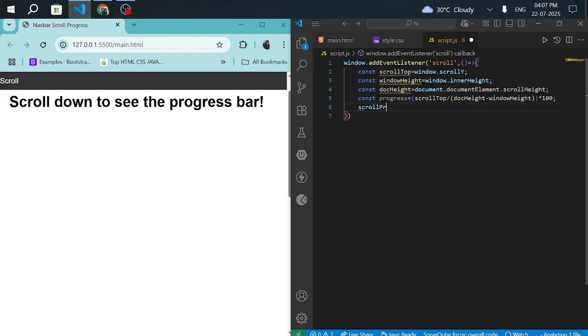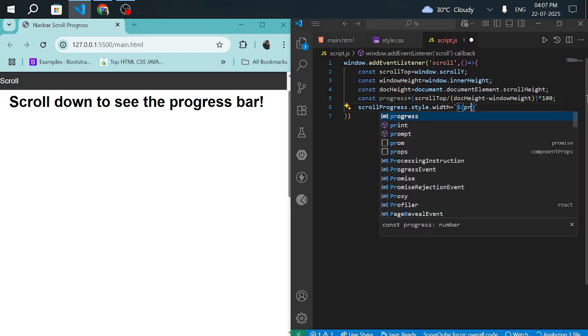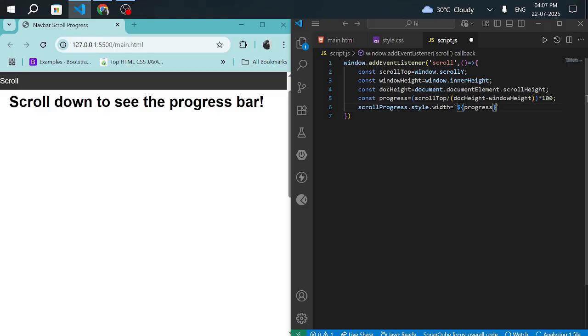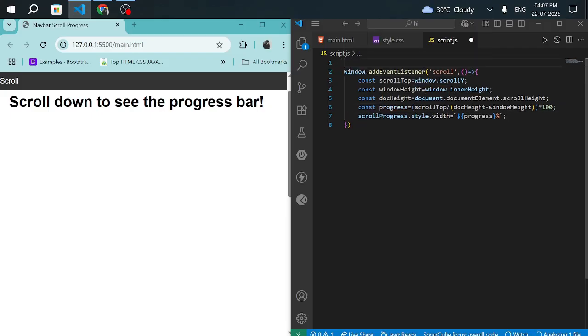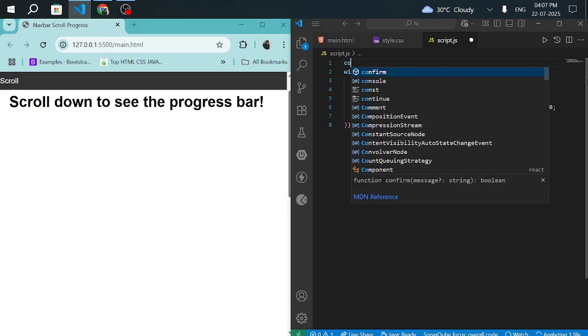scrollProgress dot style dot width, and here I will add dollar, to show the progress in percentage. Return this. Now I will import from HTML, const